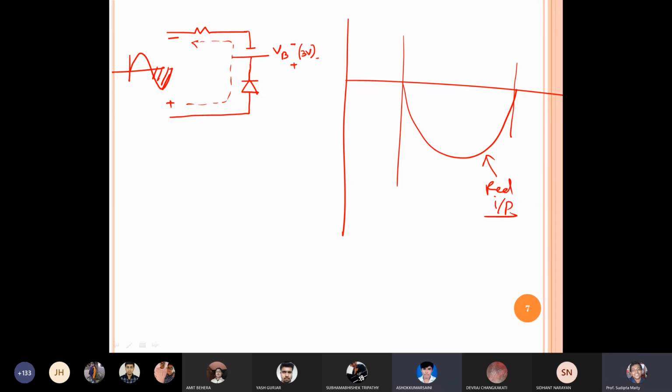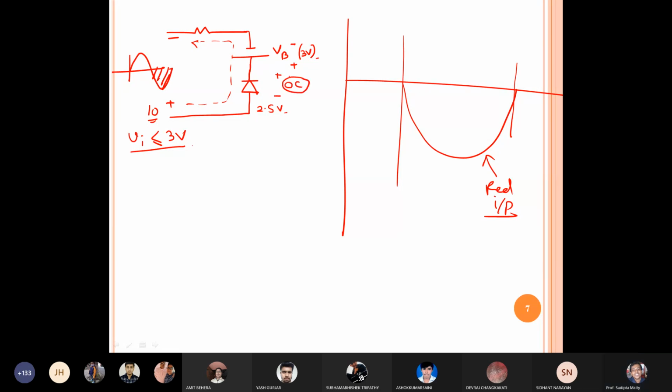No, sir. Is there any doubt? Okay, now here I am assuming 10 volt, for understanding purpose. Now in this case suppose Vi is less than or equal to 3 volt. In this case suppose it is 2.5 volt, and here it is 3 volt, so here it is positive, here it is negative, so the diode is open circuit.